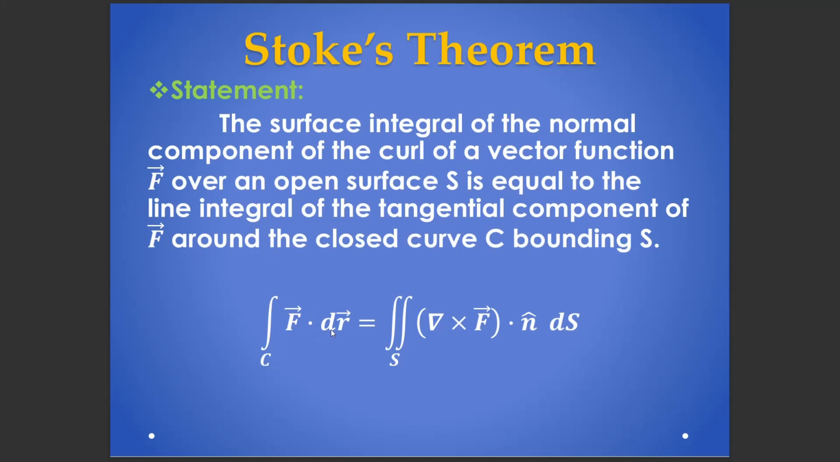Now, the integral over C of F dot dr is equal to the double integral over S of del cross F dot n cap into dS. Because here the question is the line integral of the tangential component of F, therefore integral over C F dot dr. This is the line integral formula. F dot dr is equal to the surface integral of the normal component of the curl of F. So now curl F is equal to del cross F,